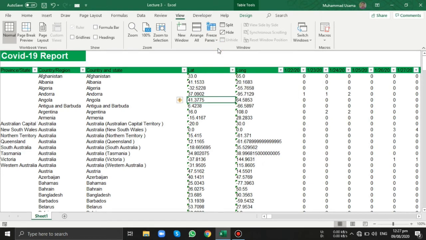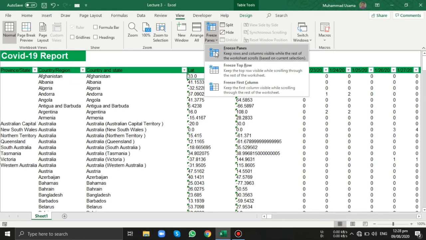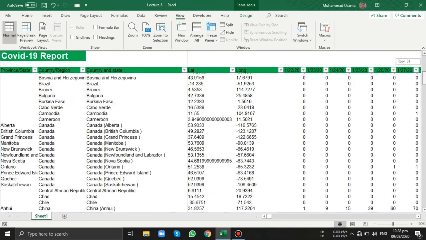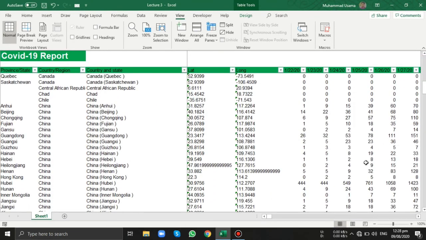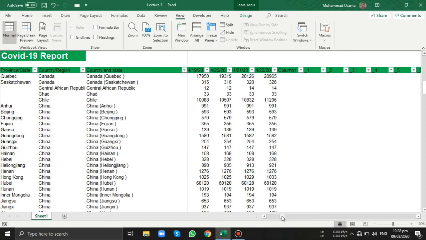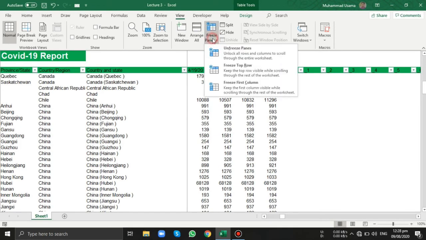Let's say I want to freeze the top 3 rows and first 3 columns. The trick to do this is to click in the cell directly right and directly below the columns and rows I want to freeze. Here. Now I come up to Freeze Panes and I click Freeze Panes. You can see some faint black lines, but you will notice now when I scroll down, my heading stays fixed. Similarly, when I scroll right, my 3 columns on the left also stay fixed. Again, to turn off Freeze Panes, click on Unfreeze.